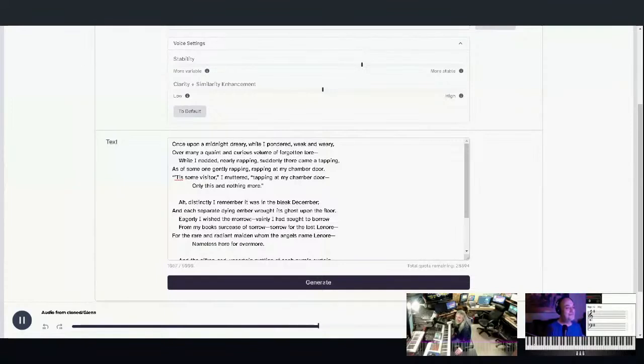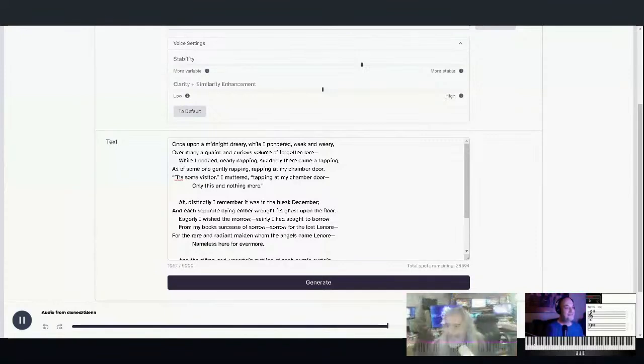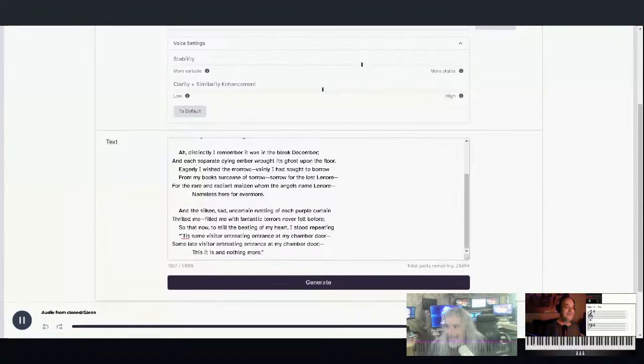Vainly I had sought to borrow from my books surcease of sorrow. Sorrow for the lost Lenore, for the rare and radiant maiden whom the angels name Lenore, nameless here forevermore. And the silken, sad, uncertain rustling of each purple curtain thrilled me, filled me with fantastic terrors never felt before. So that now, to still the beating of my heart, I stood repeating, "'Tis some visitor entreating entrance at my chamber door. Some late visitor entreating entrance at my chamber door. This it is and nothing more."